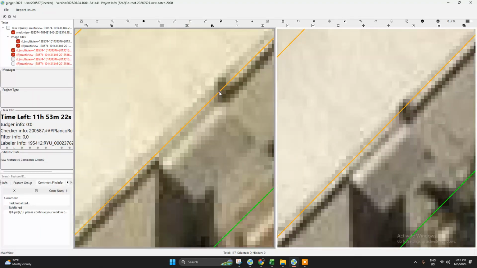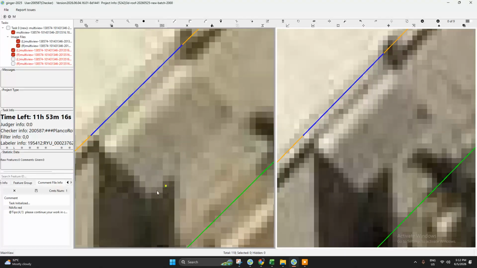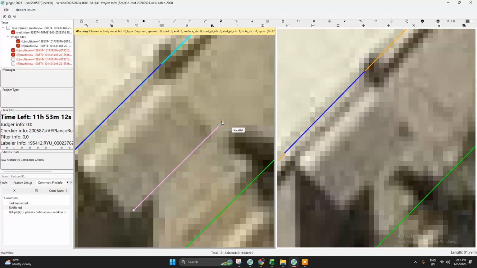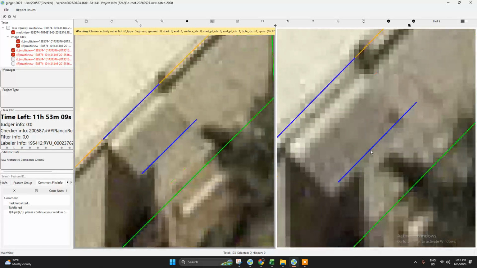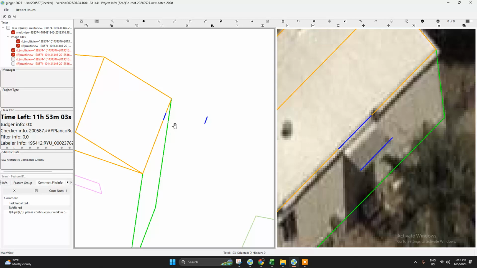Again, do not snap on the wall. Adjust. Let's check the 3D view. Oh, this is wrong.